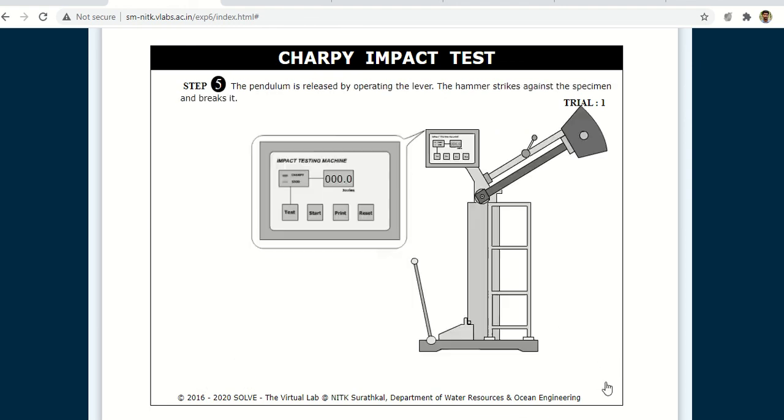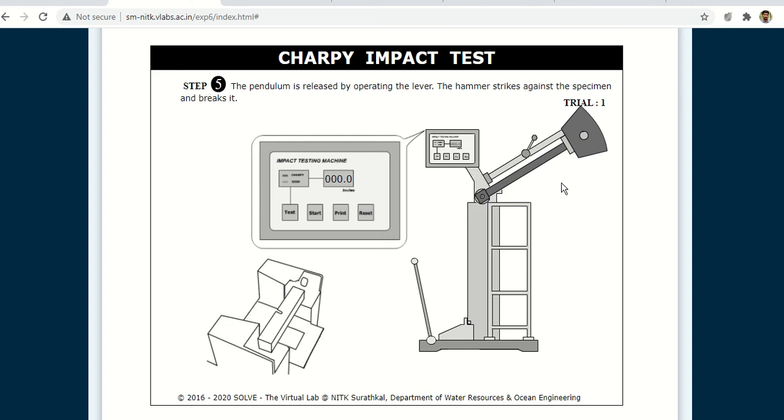I need to click the next button. So once the next button is clicked, I know I haven't changed the dimensions, so okay, this is for practice. You need to click here to do the test. You'll be actually doing the test.